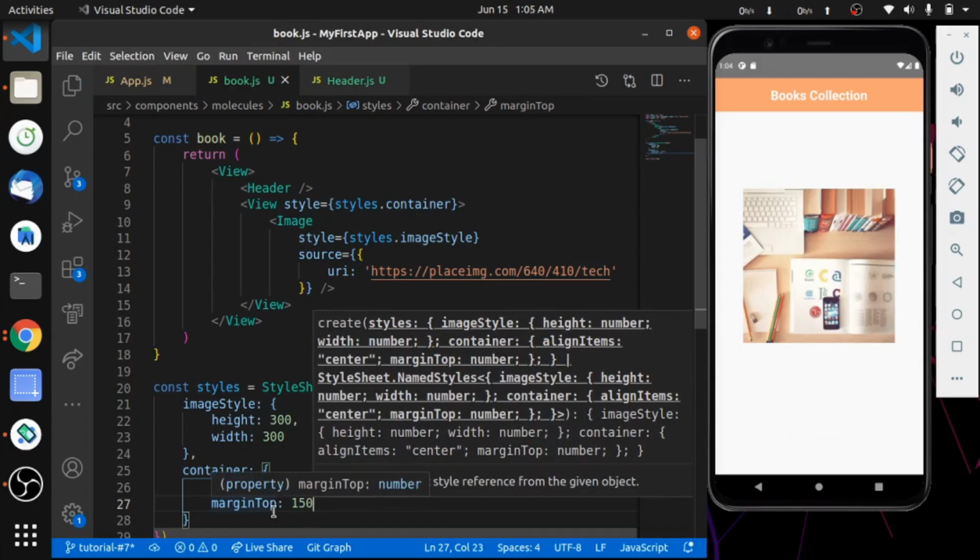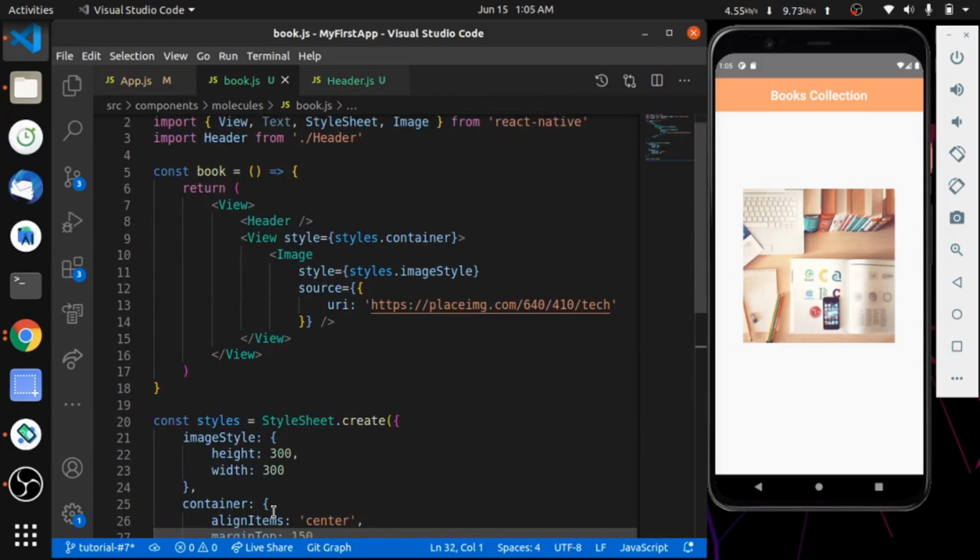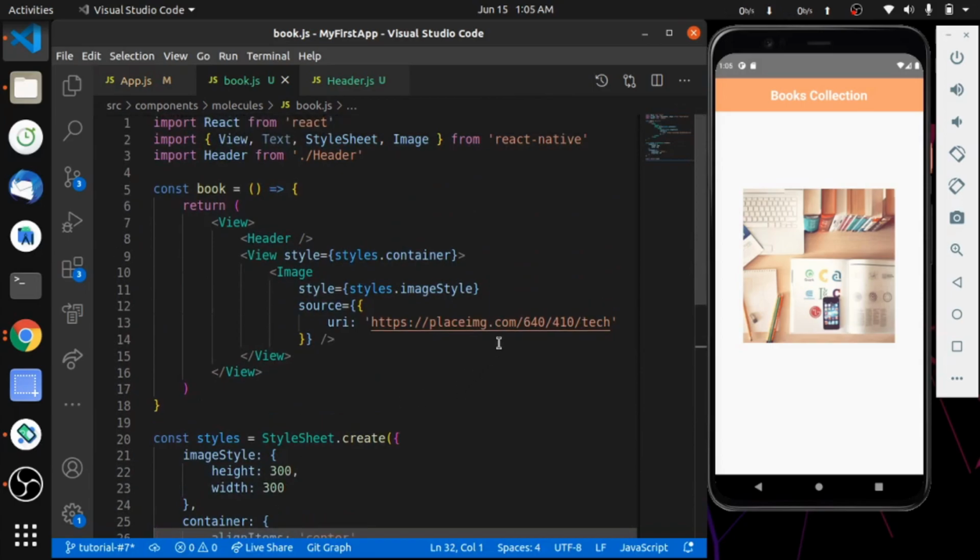Yeah, now it's looking perfect. So now what props basically are is that they give extra information to our components.